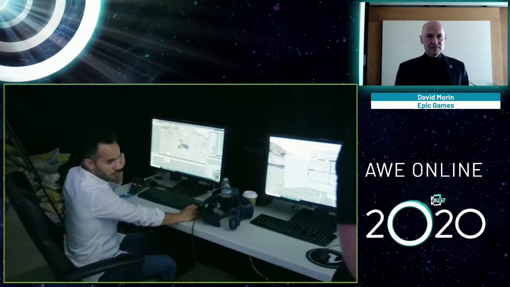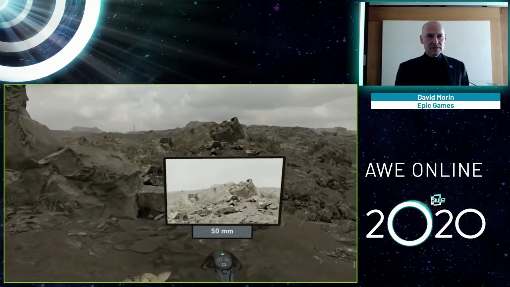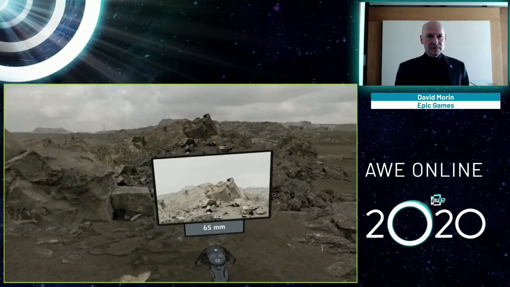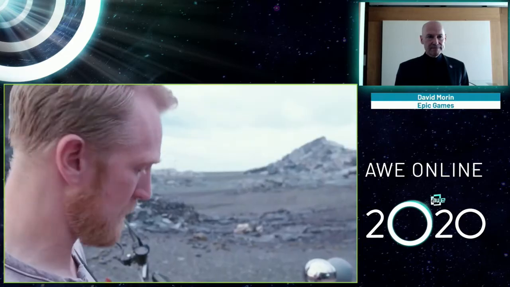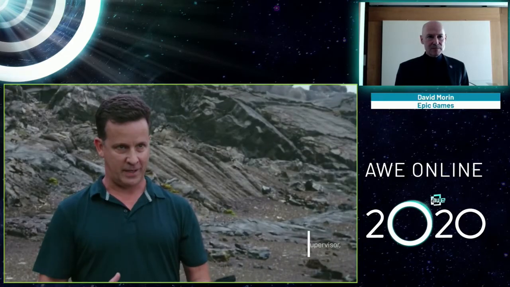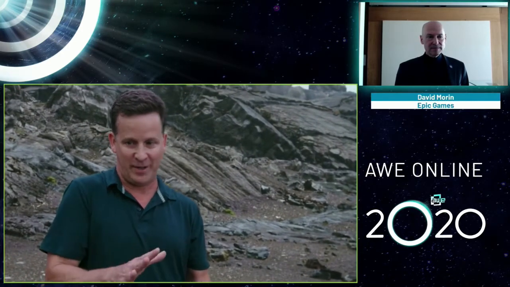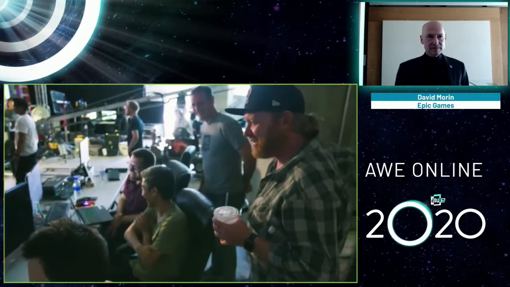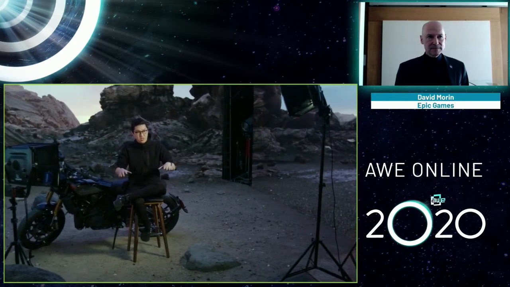With a VR Scout, you have your department heads collaboratively going into the world together. They're able to make decisions that inform the creative process down the road. It gets them more grounded into the scene that they're shooting, into the story they're trying to tell. Because you can interactively change the world, it brings all of those departments together because each one of them has a role in how this world is portrayed at some point along in the production. The director and the DP, they're back, and they're now able to work directly with the teams in real time. It's a really exciting creative process to be part of.